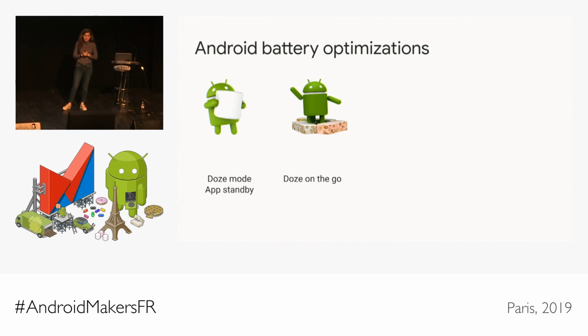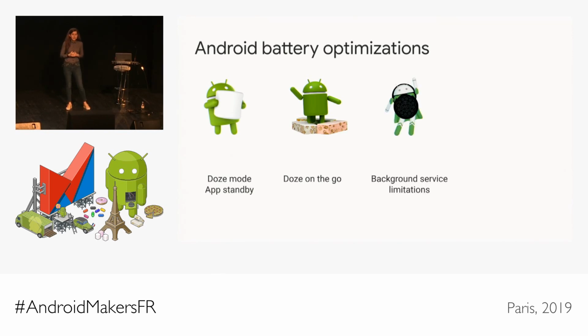On Android 7, they released Doze on the Go. It's an extension of Deep Doze, but it's a lighter version of sleep. I mean, the device could also be moved, but it has the screen off. And in that moment, the system just wakes up from time to time in order to check if there are some jobs that should be run. After that, on Android Oreo, they launched the background service